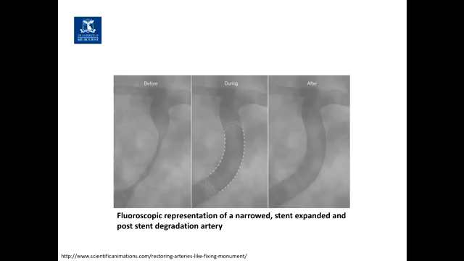I thought this image was pretty cool, so I just thought I'd show it. How do you know where it goes? How do you know if there's an issue? So quite often, the patient will have some sort of imaging technique. So you can image it without putting in a tracer in the blood. Sometimes you need to put a tracer in the blood. But you can see the before one. So it's a fluoroscopic representation. So the before one, someone has a narrowed blood vessel. The stent goes in, it widens, and they have blood flow again.